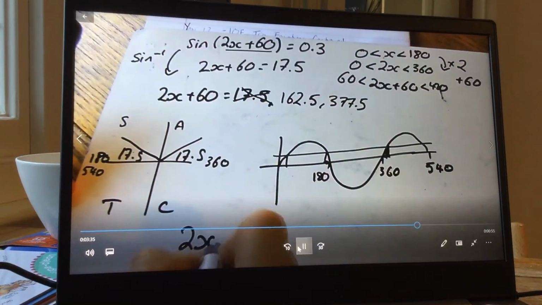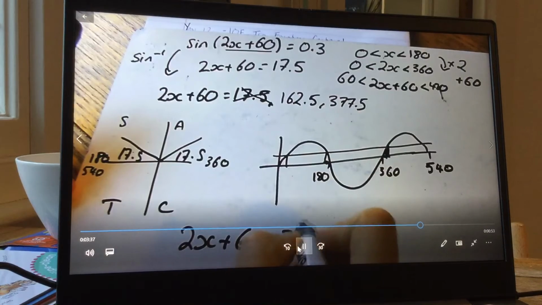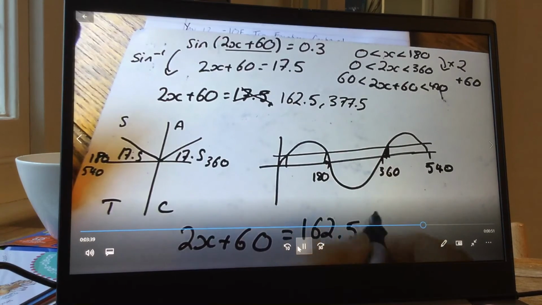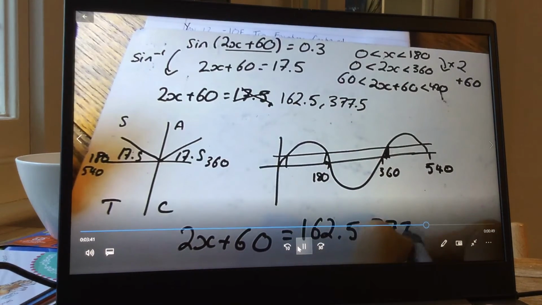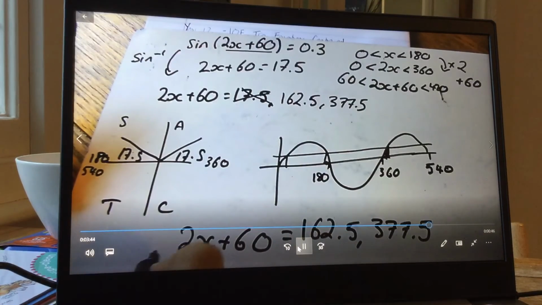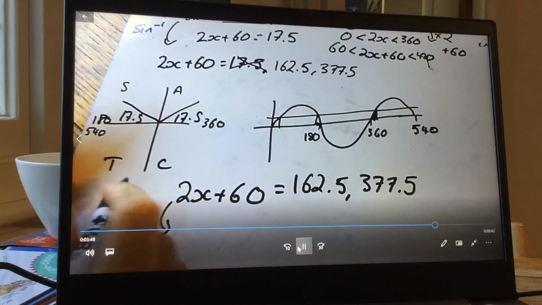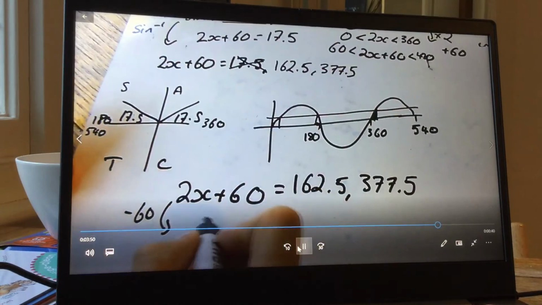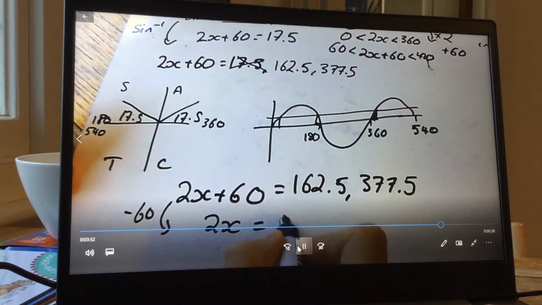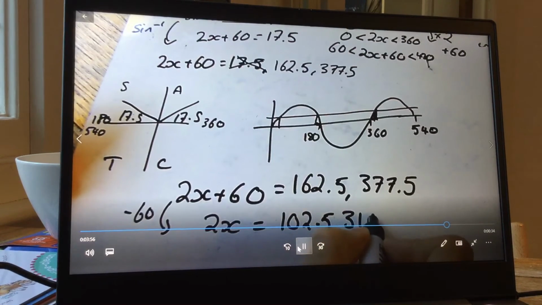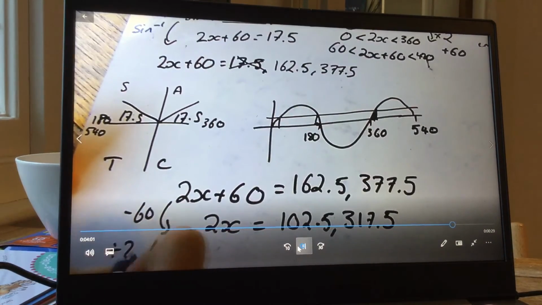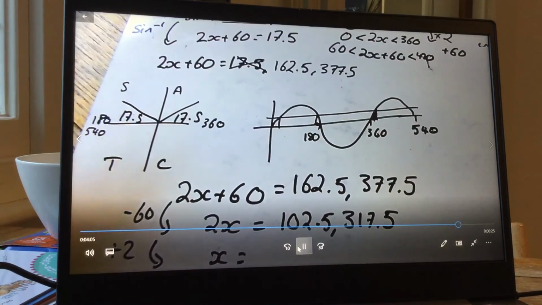So I've got that 2x plus 60 equals 162.5 and 377.5. Well, I just solved this like a normal equation now, so the first thing I need to do is take away the 60 from both of the answers to give me 2x. So I've got 102.5 and 317.5, and then the last step is to divide by that 2, which gives me values of x of 102.5 divided by 2,